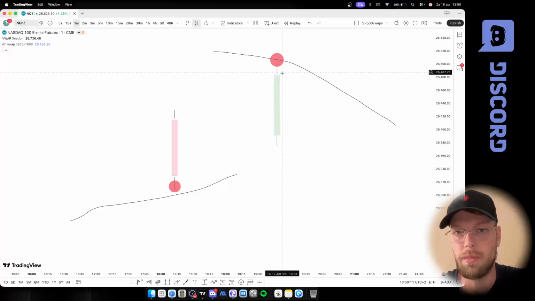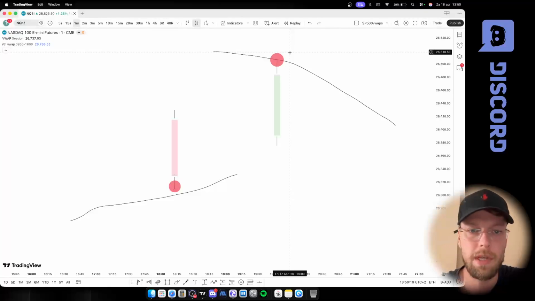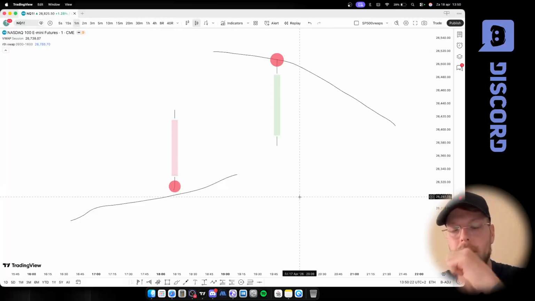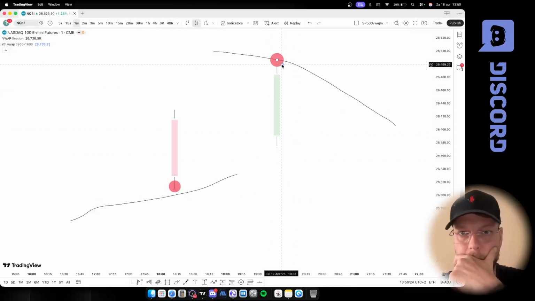That's very nice. We hold below it. And that's our go sign. Stop can be above the big trade. Also in this long scenario, below the big trade. And next one,